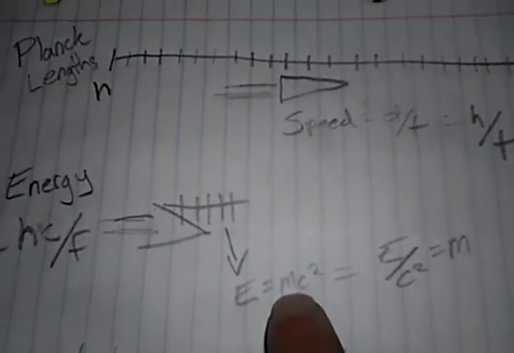It's E equals mc squared, and E over c squared equals mass. So the mass is increasing as the speed increases on the front of the ship. As the speed increases,